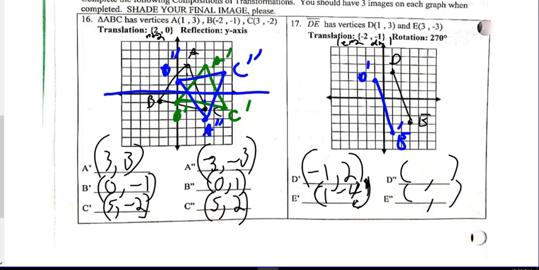For 270 degrees, Y moves to the front. So, 2, negative 4. X moves to the back and becomes opposite. So, positive 1, negative 1. That's it. So, 2, 1, that's D double prime. Negative 4, negative 1,